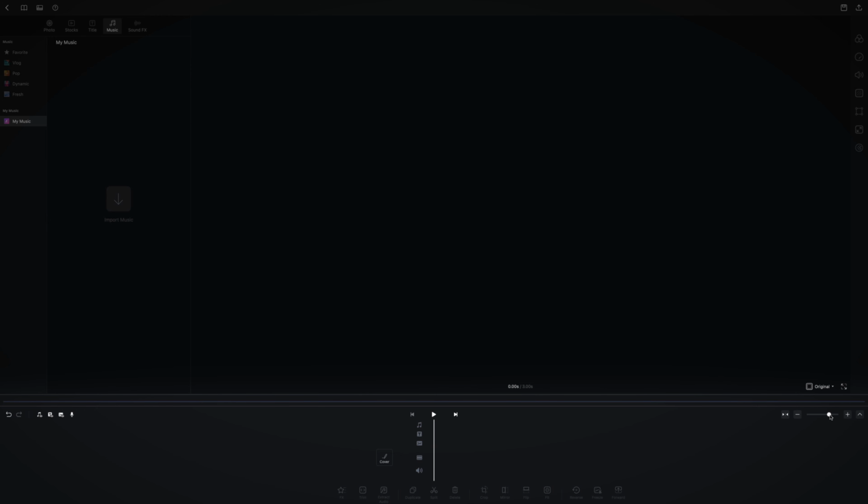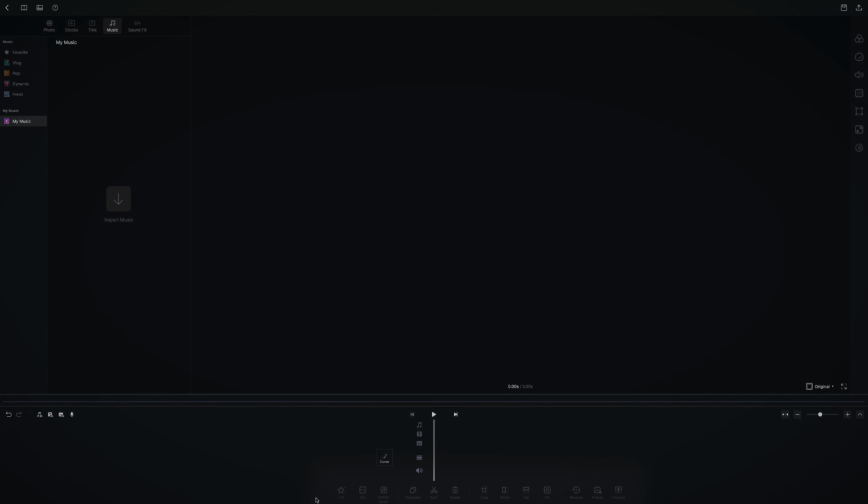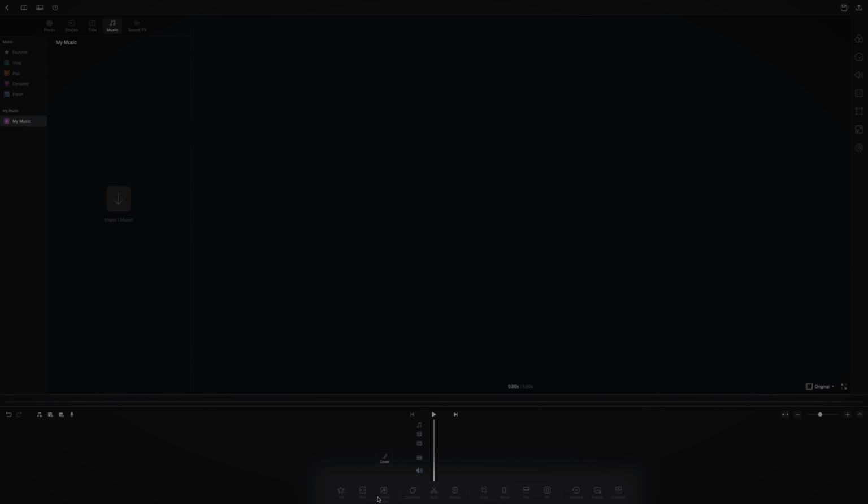Once we've got the timeline there, we can zoom in and out on the timeline. This bit here is known as your playhead. So this is where the video is currently playing. And then down the bottom here, we have all these different things that we can add to the video. These are going to be grayed out for now because we haven't got anything on there, but you can add